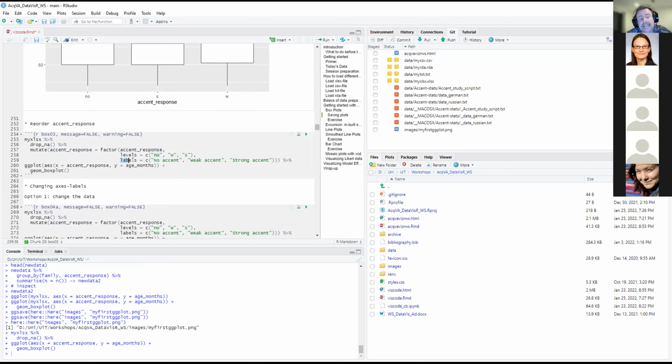And we can also give labels to the factor levels, right? So these are the levels, and they can have different labels. And here we have the labels no accent, weak accent, and strong accent. And so once we've changed our data, we then create a ggplot, and we do the same thing we had before. Aesthetics are on the x-axis, we have accent response. On the y-axis, age in month, and then we have a geom box plot, right? So if we do this,